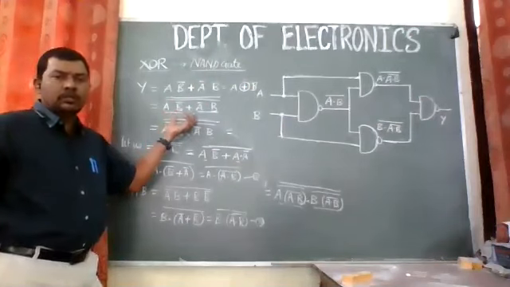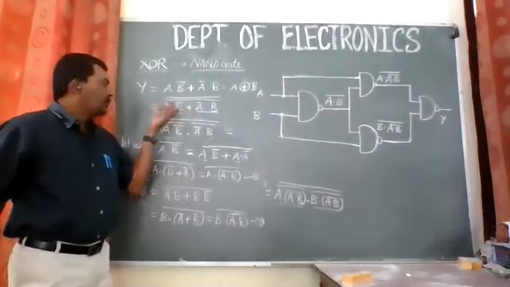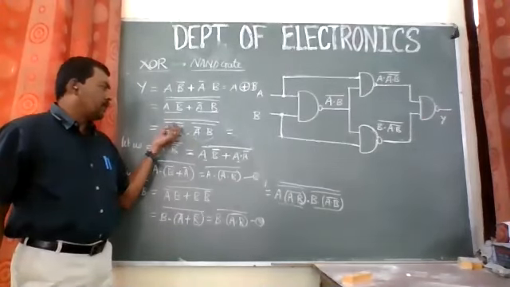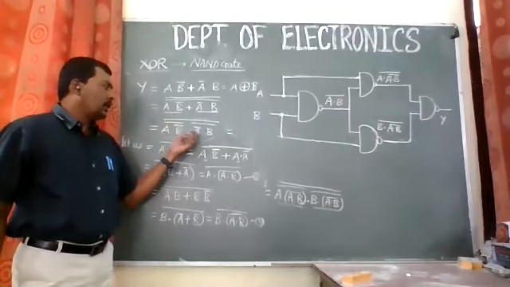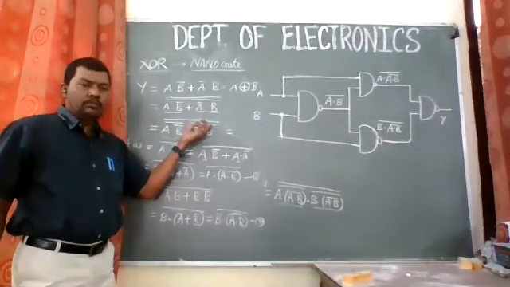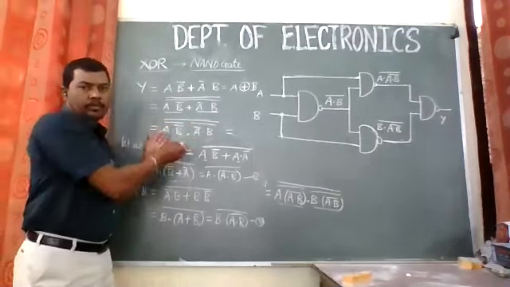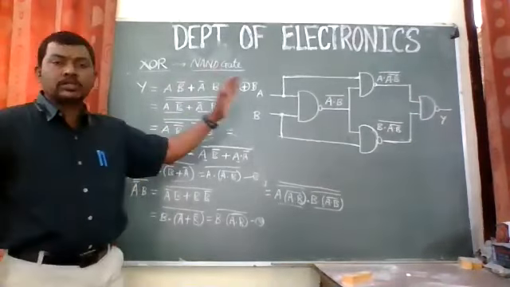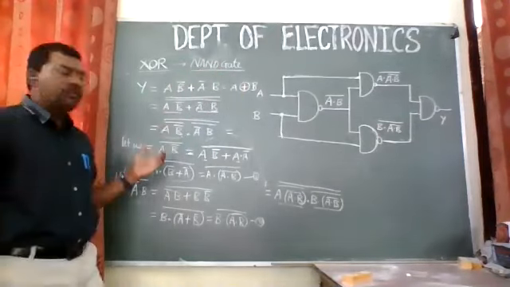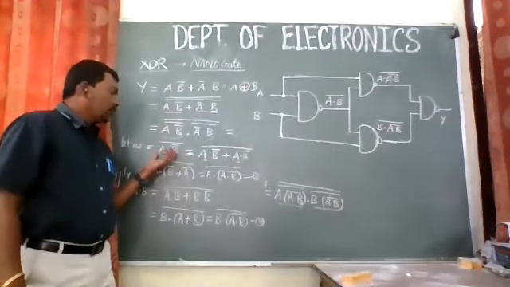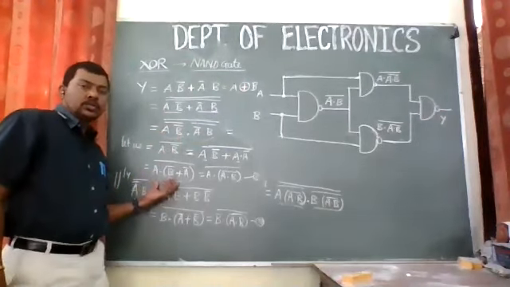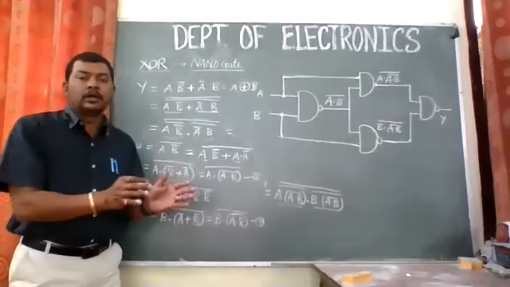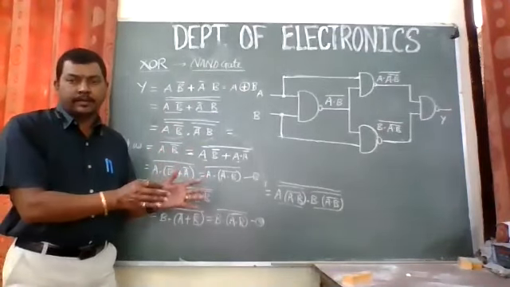So for that, we have used De Morgan's theorem over here, and we have reduced it to this equation: A dot B bar complement dot A bar dot B whole complement, and the total complement of it. So we got this equation. But still, it is difficult to implement just by using NAND gate. So for that only, we have tried to reduce these single terms like this. This is a little bit tricky, and this is the only way in which we need to proceed while trying to implement this circuit, right?